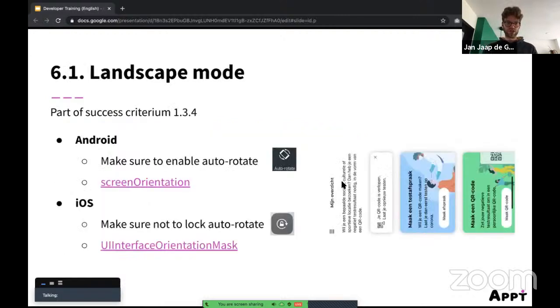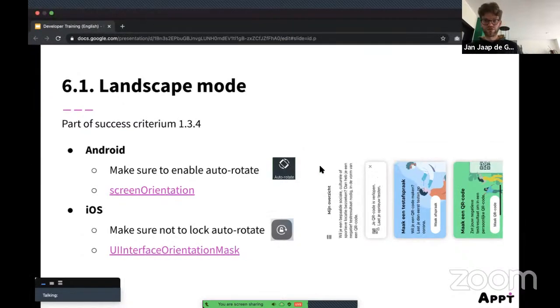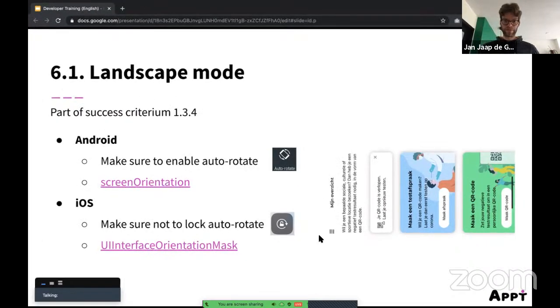I will tell more about these topics after we take a short 5-minute break. I would really like to ask everyone, if you have any questions about these most common mistakes, because it's quite likely that your app also has one of these mistakes, make sure to ask them in the chat so I can maybe help out, to see if your app supports these features. So let's see you at 5:50 p.m.